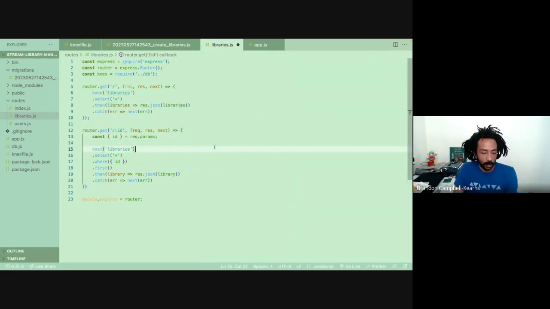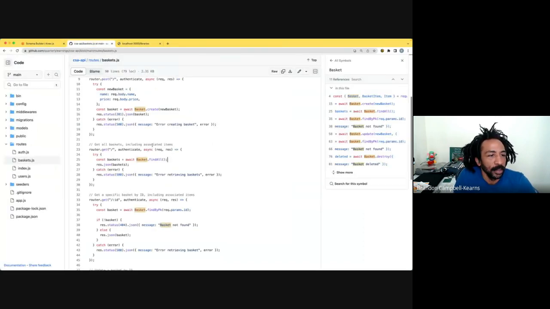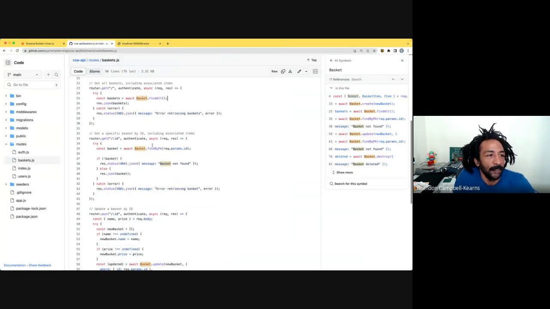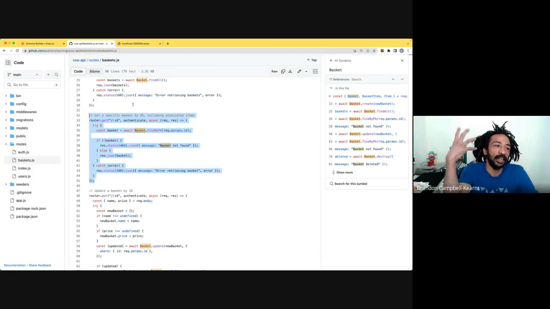Okay, so here's how we would get a library by its ID right here in Knex. And to compare that to Sequelize, I don't know if lines of code is the correct metric to compare it by, but for me, it's more like the mental model. Like, how can you think about it? What is being